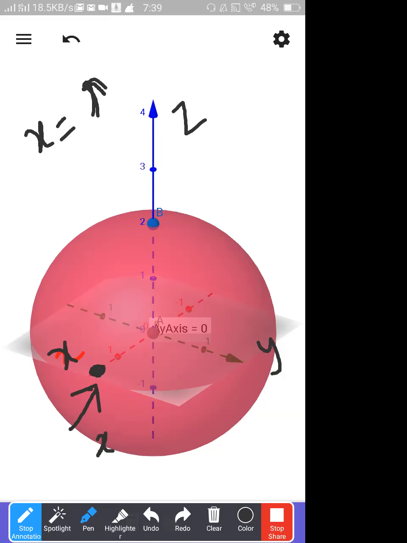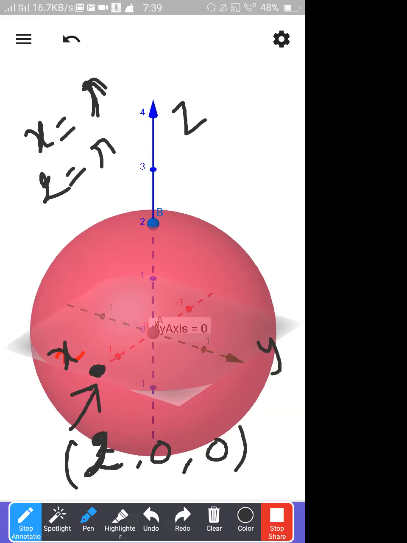Say if the radius of the sphere is 2, then it is very clear that you have chosen 2 on the x-axis. Then what is the value of y? Exactly, you are on the x-axis, so y should be 0 only. What should be the value of z? Anybody? 0 only, because you are exactly on the x-axis. So x equal to 2 is equal to what, sir? r is equal to 2.